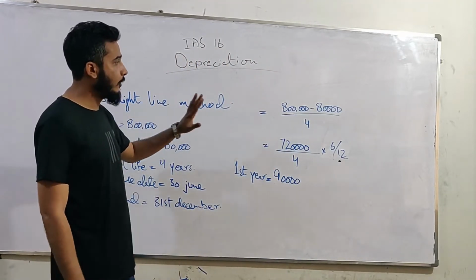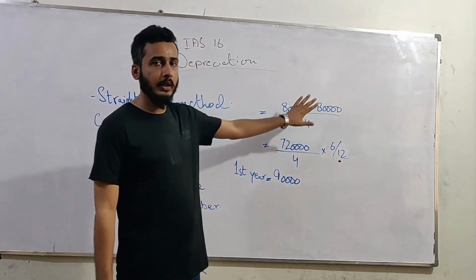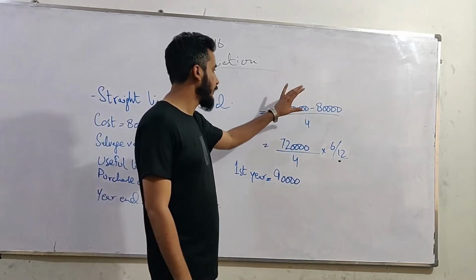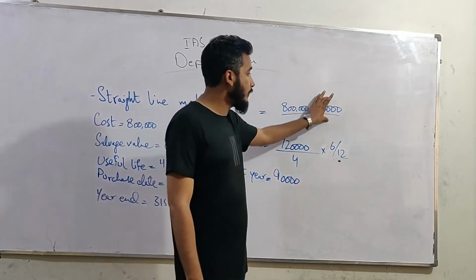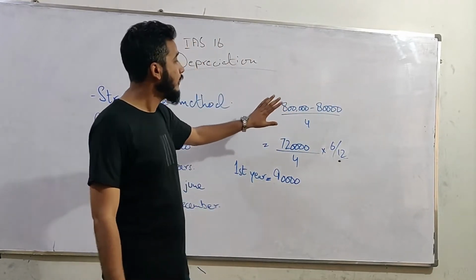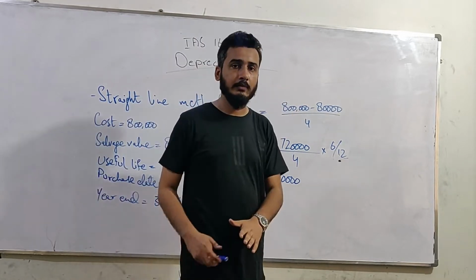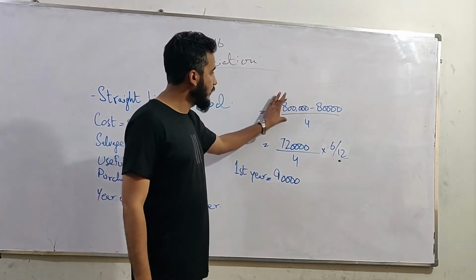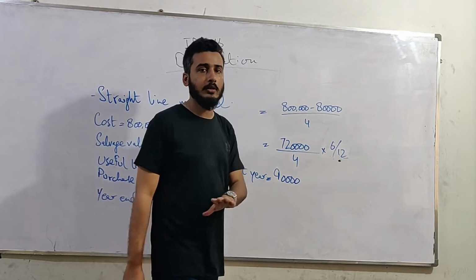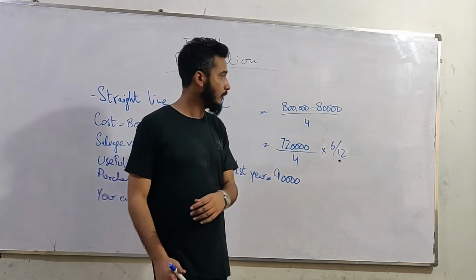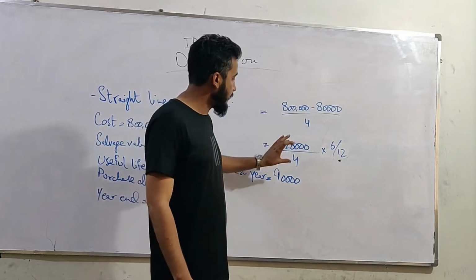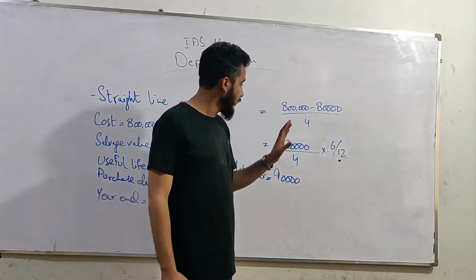We have the formula of cost minus salvage value divided by total useful life. We have the cost of 800,000, the salvage value of 80,000, and the total useful life of 4 years. This factor is called the depreciable cost, the cost which has to be depreciated over the total useful life of the asset. Then by dividing it by 4, we should get